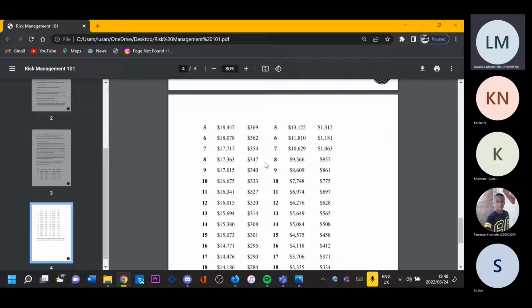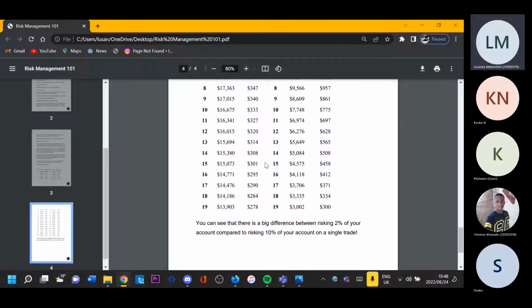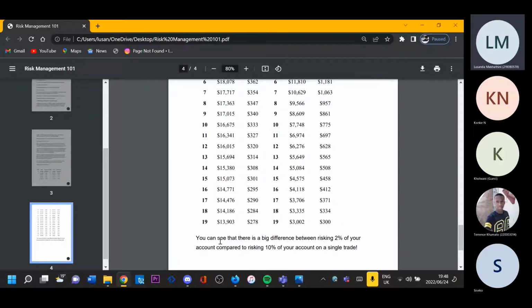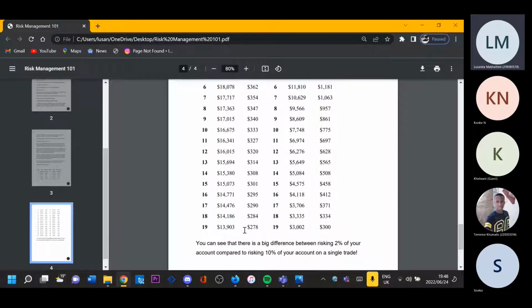Okay, let's put it like this: if your strategy is 80% profitable, and you get your first 20 trades wrong out of 100, this is going to be your account. So would you want your strategy to start working when you have $13,000 or $3,000? That's something to think about. If you go through that losing streak, when you start winning, where do you want your account to actually start off? Because there's also the thought of, what if this trade is my winning trade?